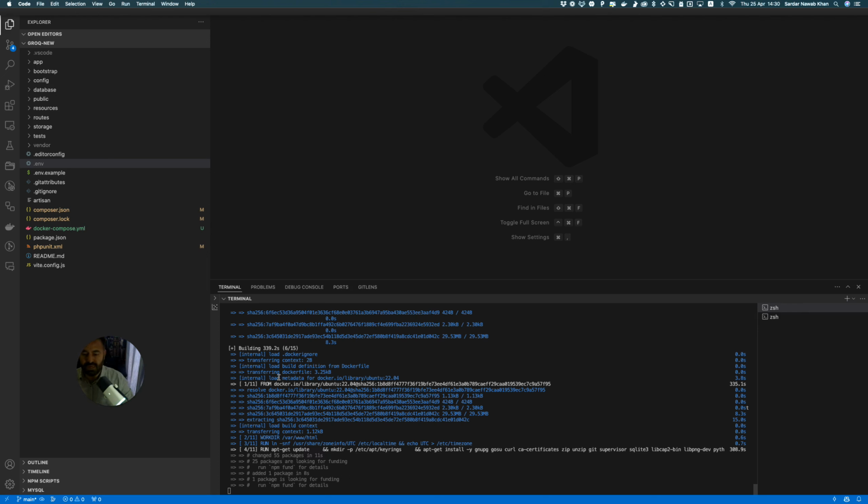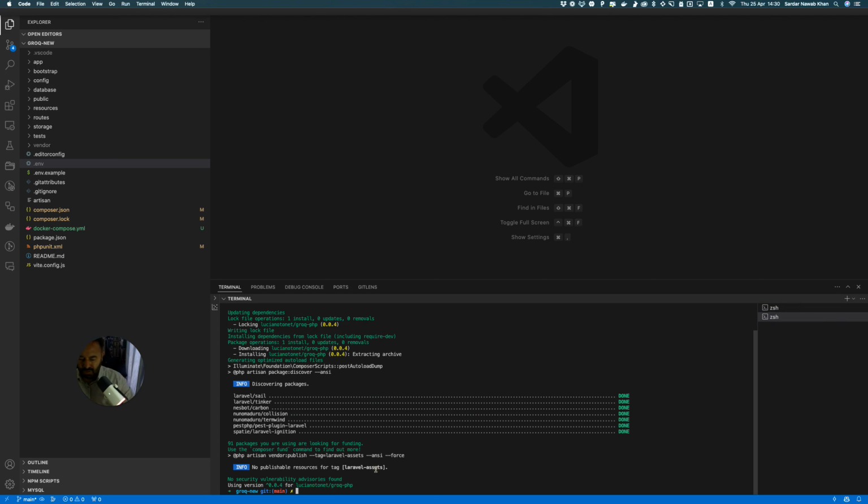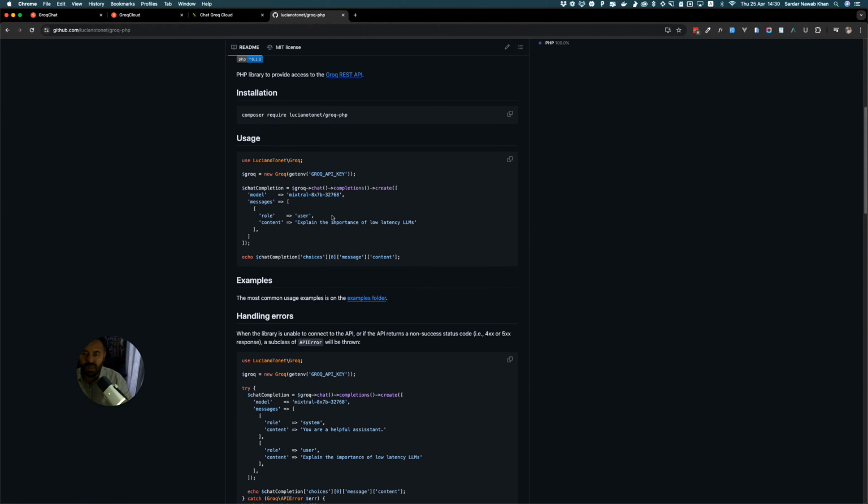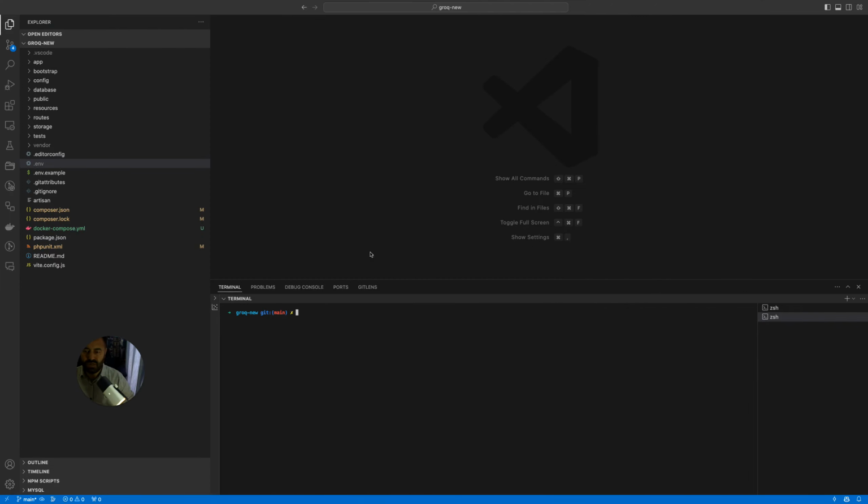Okay, so coming back, Sail is still building, and it's going to take some time. Since we've done the installation for the package, we'll go to the documentation and see if there's anything else that we need to do. There is a usage where you can directly use this in your controller, and I wouldn't blame you if you do that, but I think this is kind of the PHP way of doing things. So just to tailor it to Laravel and make things a little more